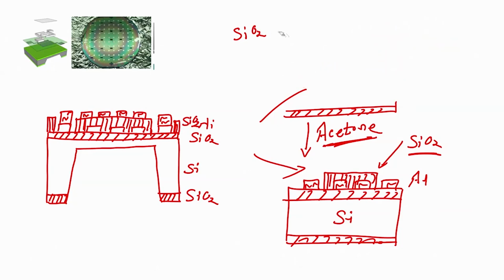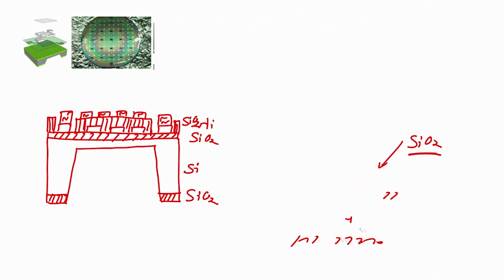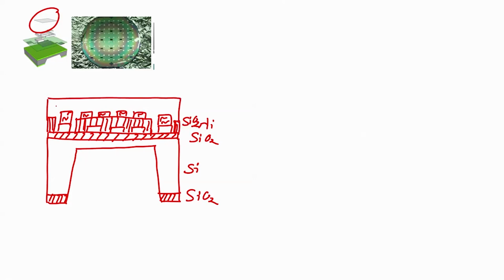Lift off technique is used when the final or the top layer etchant will affect the bottom layer pattern, right, the top layer etchant will affect the bottom layer. So, now what I want? I want this material to get deposited on interdigitated electrodes, right. So, I will spin coat photoresist, then perform soft baking,